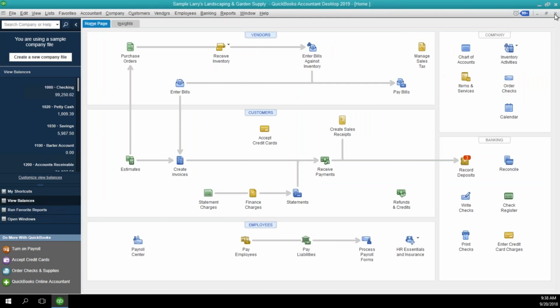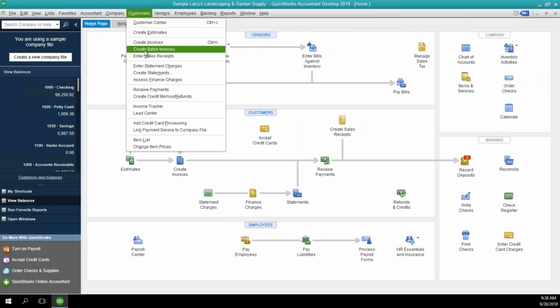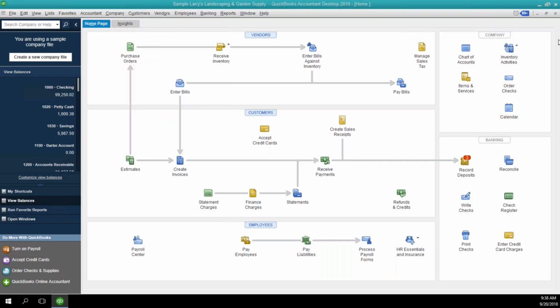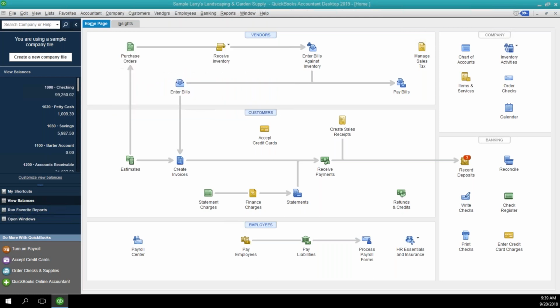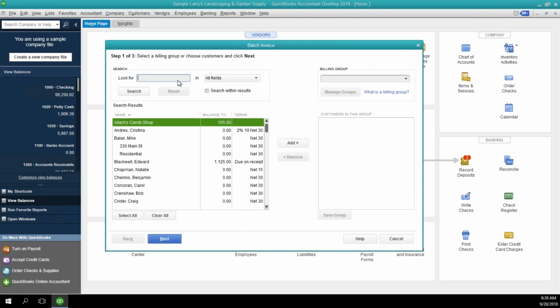Another way you can do it, which I found much easier, is under your customers, you can create batch invoices. If you're always invoicing for the same dollar amount, this works really nice. By creating batch invoices, it's going to tell me batch invoicing uses individual customer information, so make sure you have your customer information set up correctly. It's going to let me batch my invoices into a billing group. So I'm going to set up a billing group